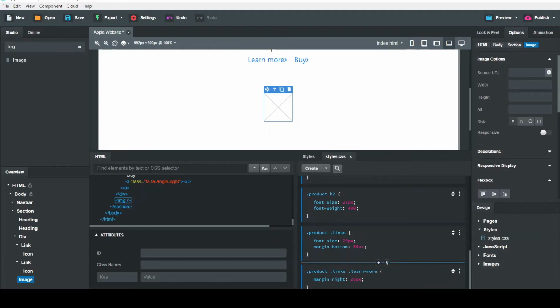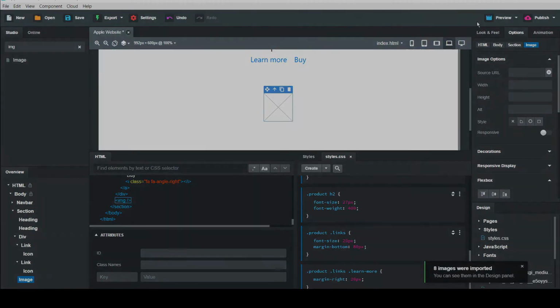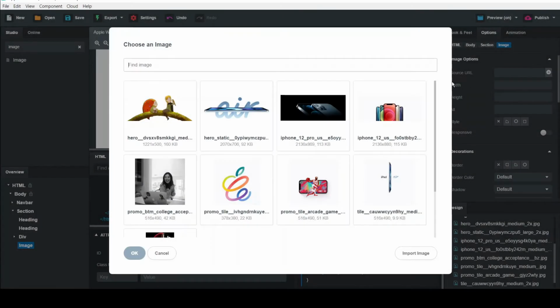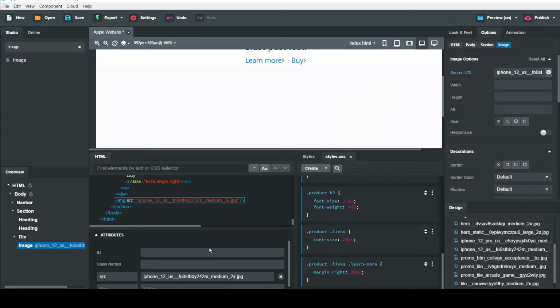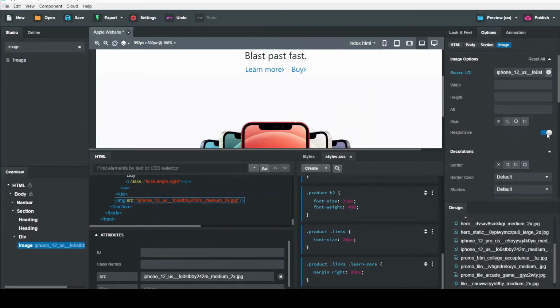You can just drag and drop it from the files, and you guys don't worry, for the images and the source code you can check the links in the description below. I'm just going to add the files here. Add image URL and turn on the responsive option.